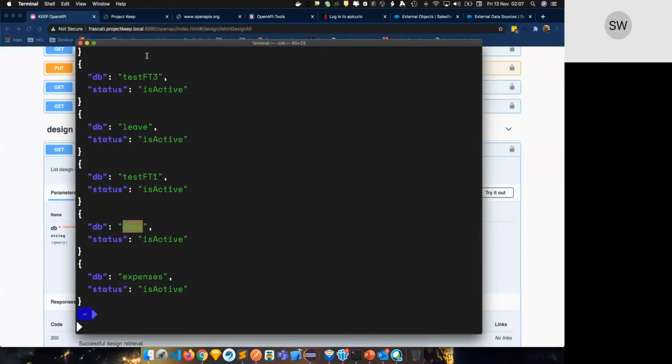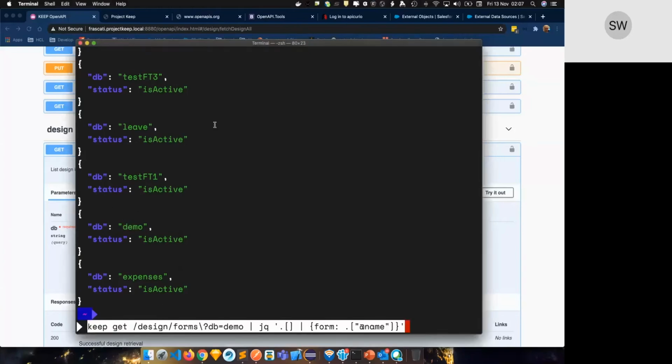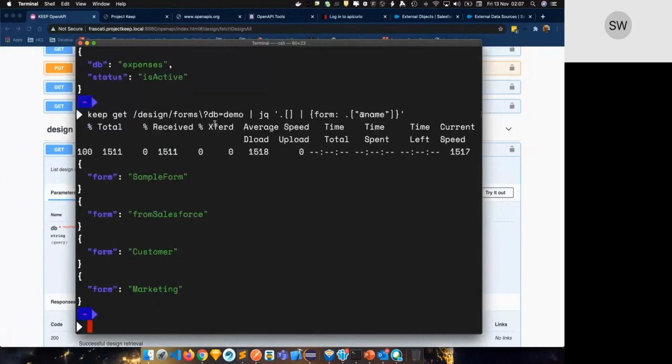Now I said, okay, I want to know a little bit more about, for instance, my demo database. So I am going to send another command to the environment where I said, get me the design. And it says, okay, there is sample form, there's customers, there's marketing. And I said, okay, I really would like to see the list of my customers. So I can say, of course,